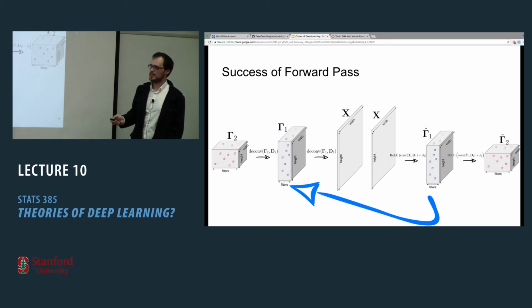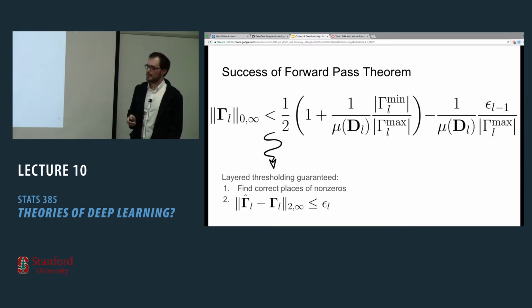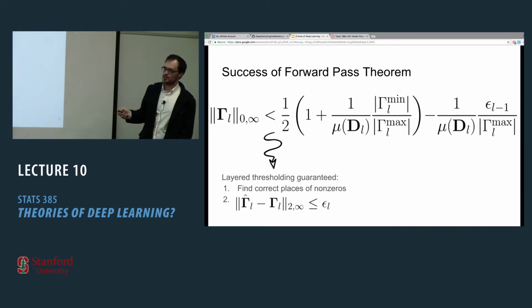If they're not the same, can you at least claim that these boxes, the places that ReLU does not kill, are the same? So you can, in fact. You can show that if all the different representations are locally sparse, then this layered thresholding algorithm, which is the forward pass of CNN, manages to find the places of the non-zeros correctly, and manages to find the values which are close to the true values.